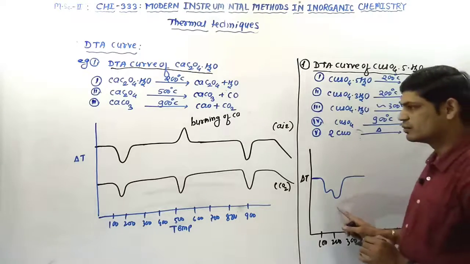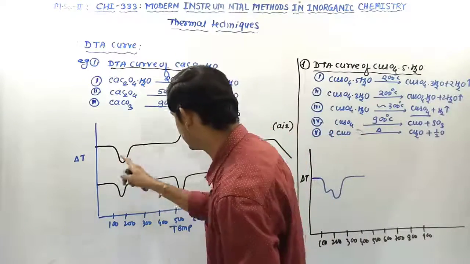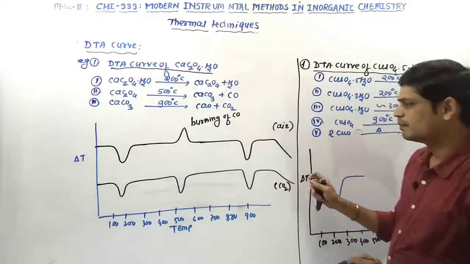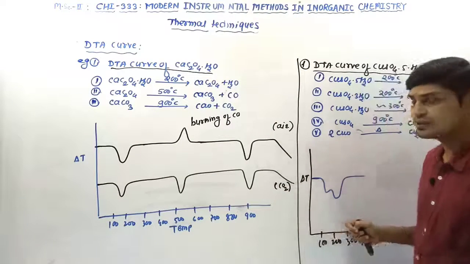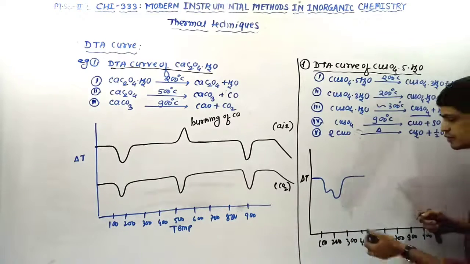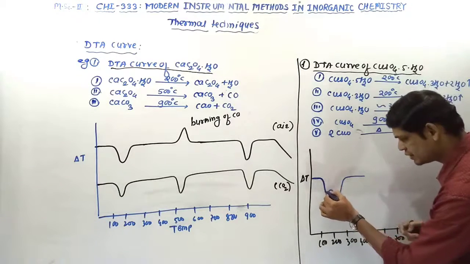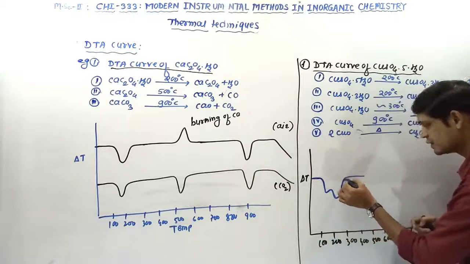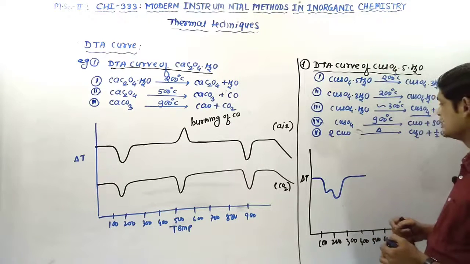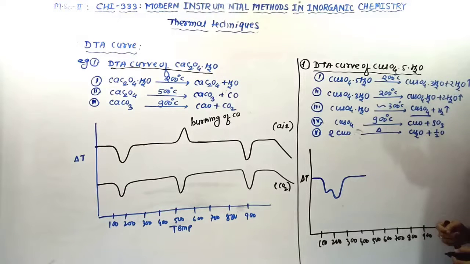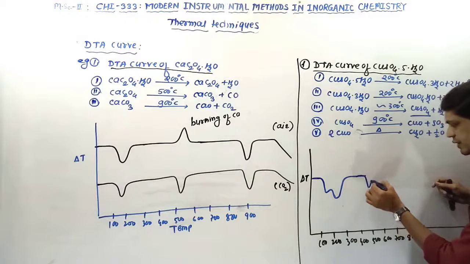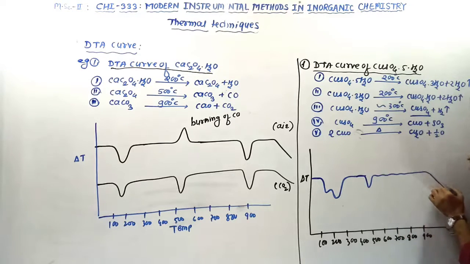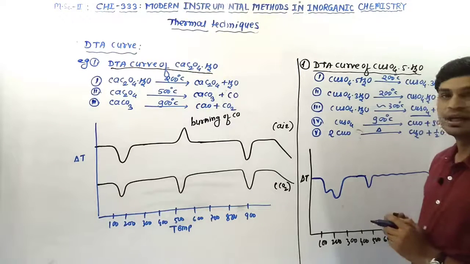Why are we getting a broad peak over here? In this case also we got a broad peak, sometimes a sharp peak. Why does it happen so? We will discuss that later on, in our next session. Right now you just concentrate on the temperature range, upward and downward directions, exothermicity, endothermicity, etc. So again around 300 you will get one more peak over here. It will be the scenario of the DTA curve.